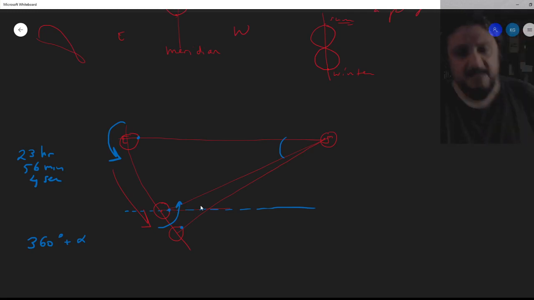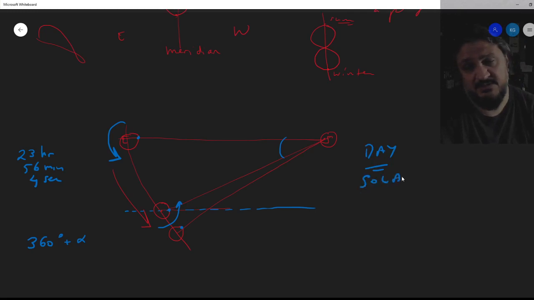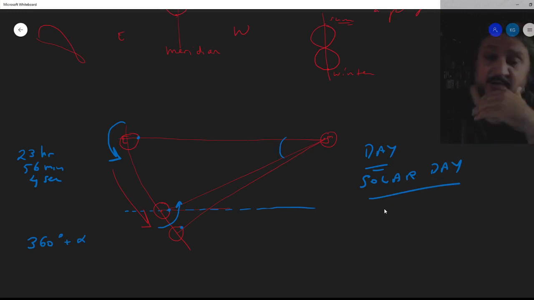It's noticeable. So the point is, Earth has to move or rotate a little bit more than a full revolution, and that's what we call a day. Okay, so a day is defined as the sun going back to where it was yesterday, the day before. It's called a solar day, but the solar day itself, if it's just based on the apparent location of the sun, is not the same throughout the year, okay? This is called the apparent solar day.